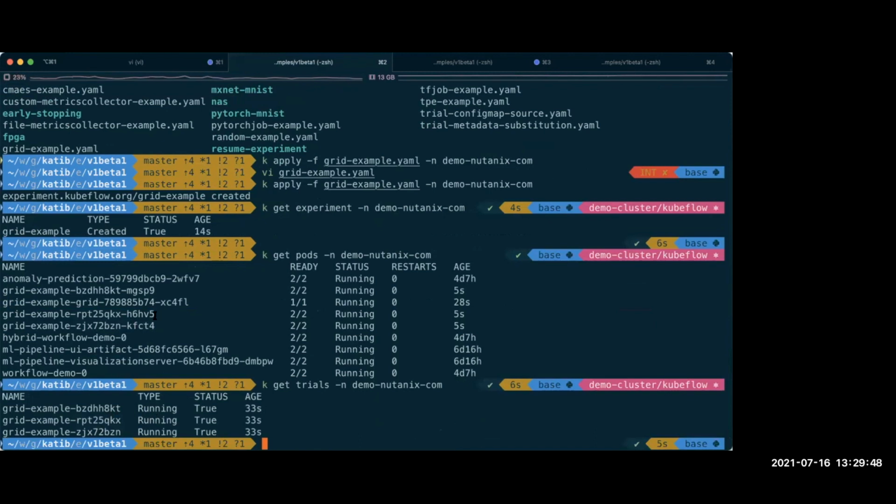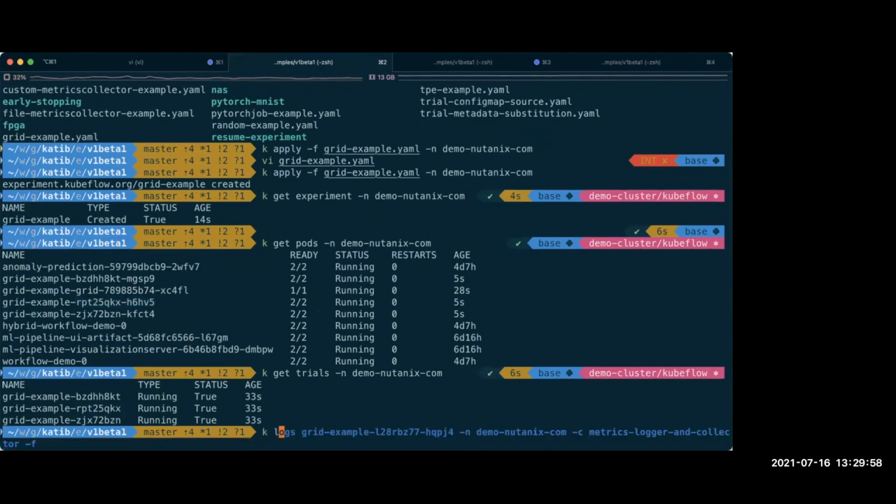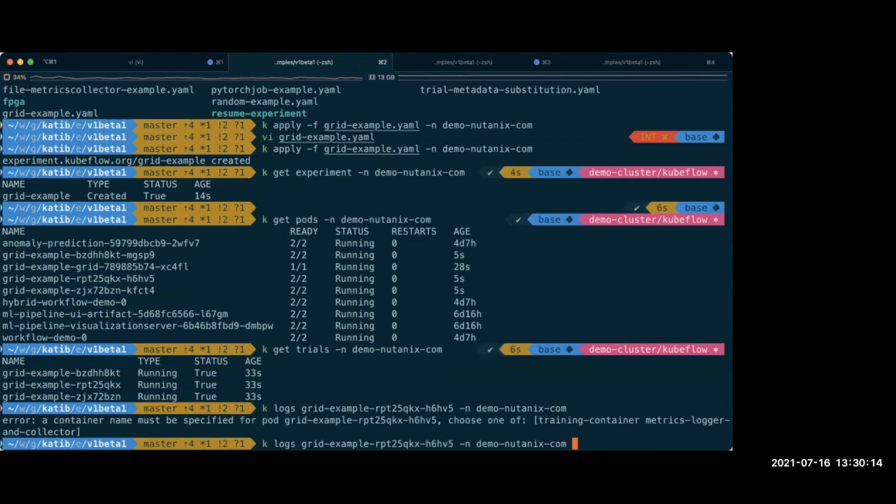So say, for example, how do I see what is happening in each pod? Let's see the logs of each of them. I have to provide the container.